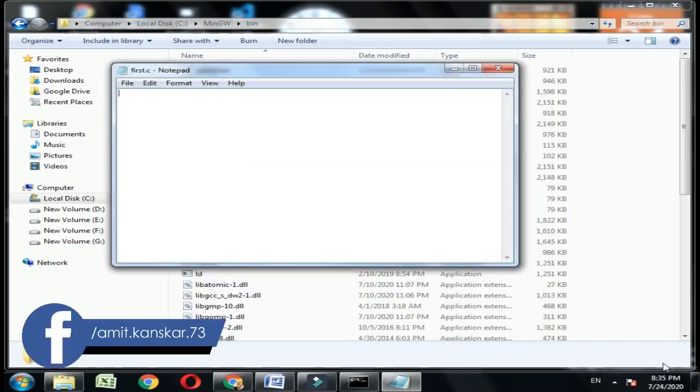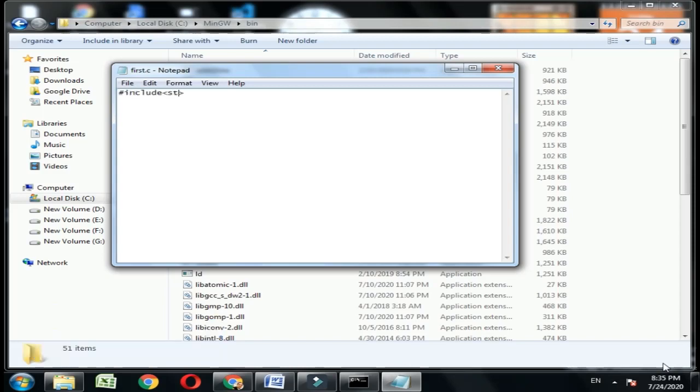So we will write a simple program where we will include stdio.h, then we will write void main, and inside void main we will write a simple print statement, printf hello world.